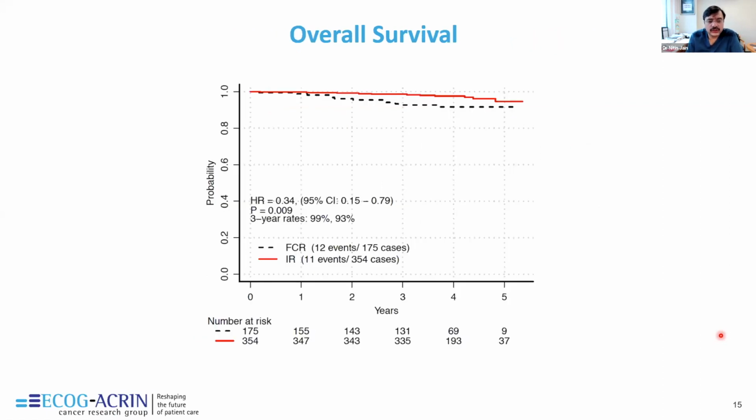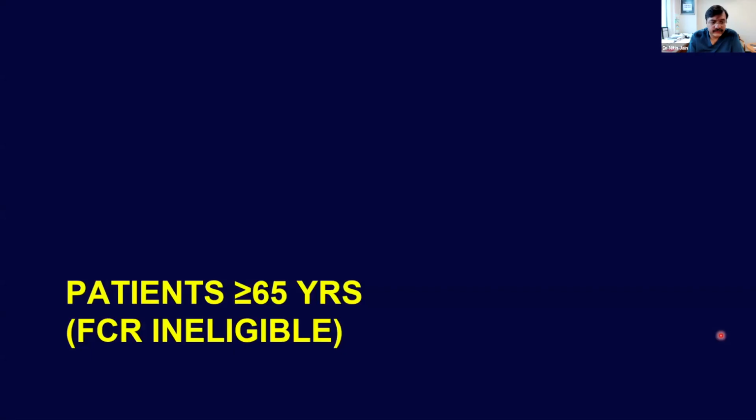This trial also showed OS benefit actually in favor of ibrutinib rituximab. So again, making a point that ibrutinib is better. Practically all the deaths in this study occurred in unmutated patients. So again, mutated patients are doing equally well. Unmutated patients, wide separation of the curves. So that was the young fit patients.